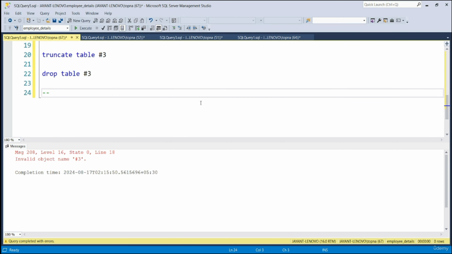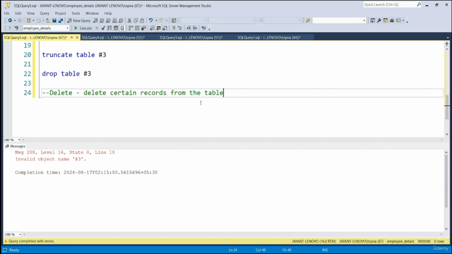So here I'm writing in line number 24, delete. Delete is basically used when we want to delete certain records from the table, right?